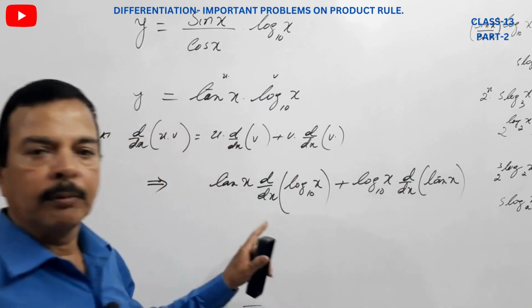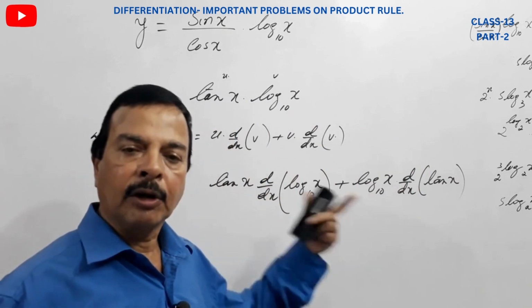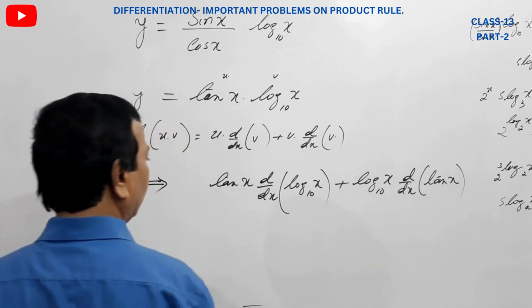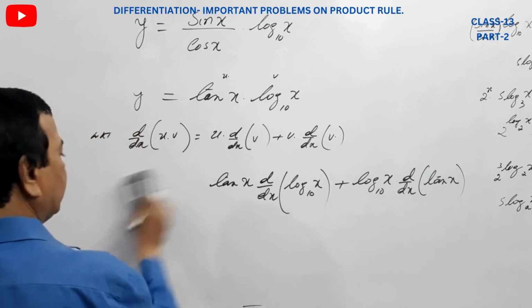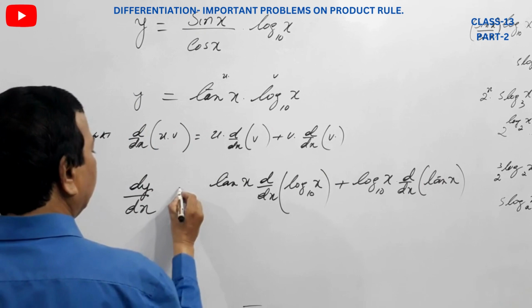Here we should remember the formulae, otherwise though you know the procedure you cannot proceed. So let's do this. Here I forgot to write, sorry, that is dy by dx equals